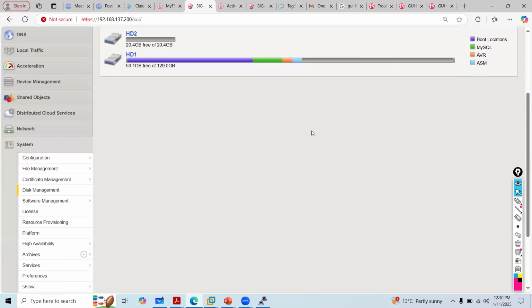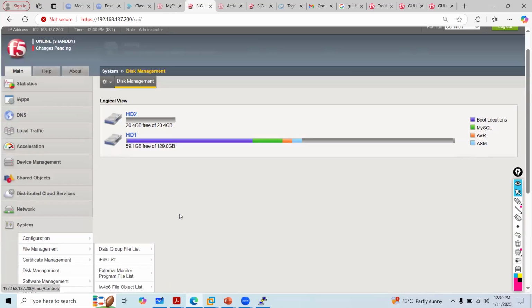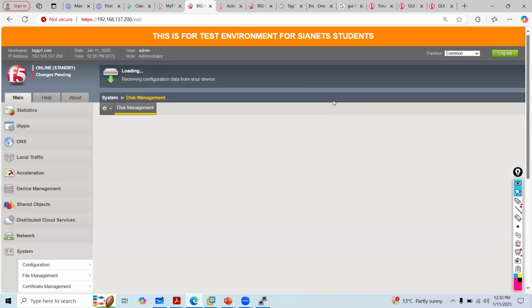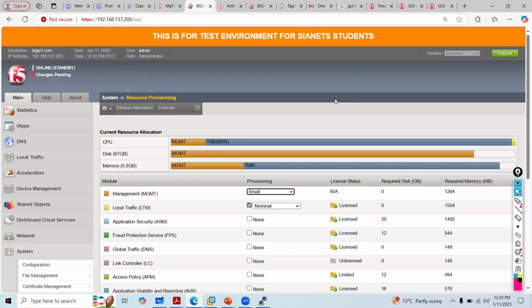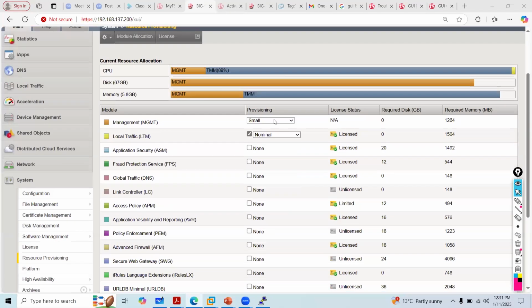As an interviewer, you will ask whether to go to resource provisioning or disk management. No sir, you have to be clearly confident. Even if you are wrong, you should say, sir, go to it's in resource provisioning. Okay. So here, I'll fill a log. You don't have knowledge. According to this answer, your interviewer will feel that you are not confident. So here you can find